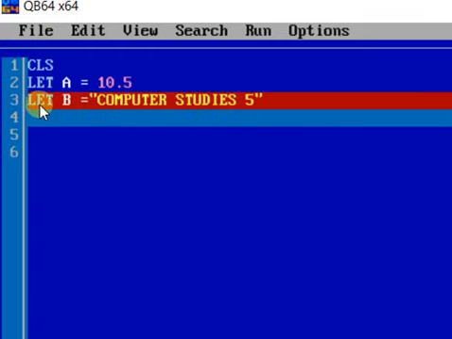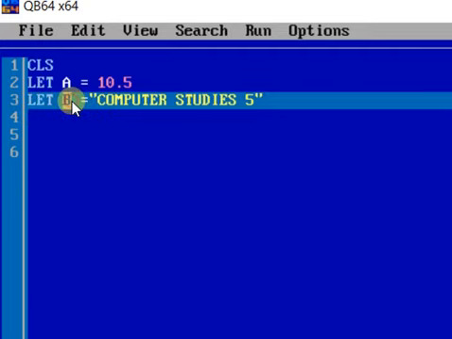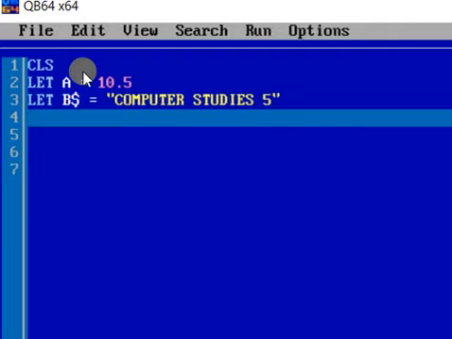You can see here one red color is showing. That means there is an error, because alphanumeric variables cannot be a single letter like this. Alphanumeric variable names should always be followed by a dollar sign. You have to press the shift key and the number 4 key of your keyboard to bring the dollar sign. Now it will have no error.